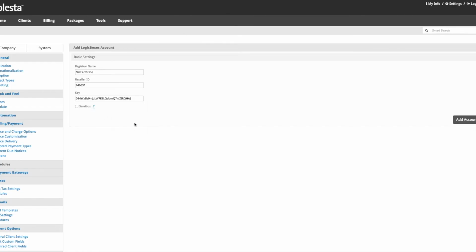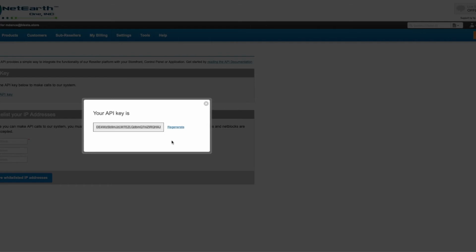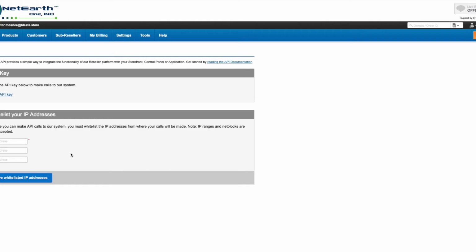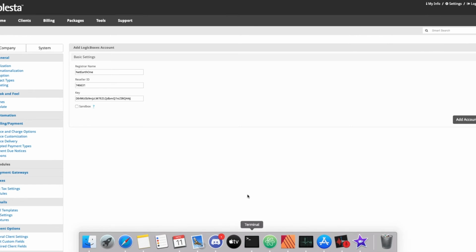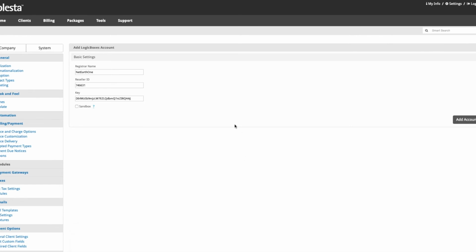Okay, we now need to add the IP of your server to a license. Whitelist it so it can connect to the API. So we're going to ping blesta.store. That's our domain. Well, so we're going to scroll down, go to terminal because I'm using a Mac, Windows, CMD or Excel, depending on which one you prefer. When it loads up eventually,